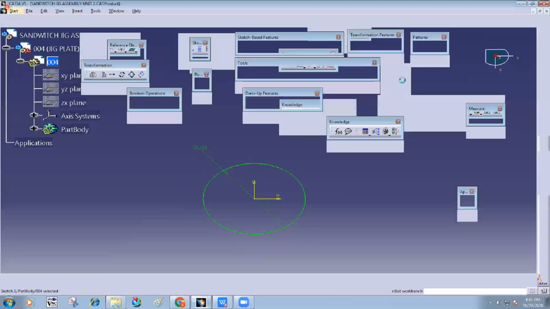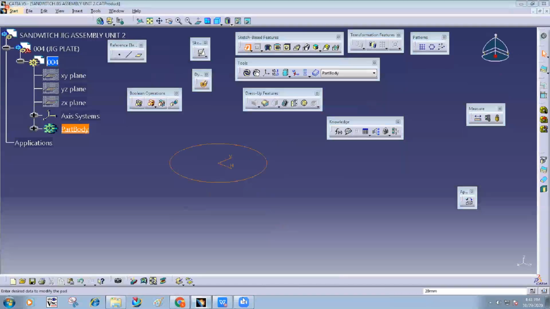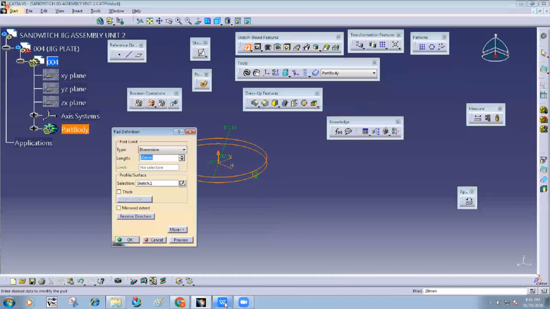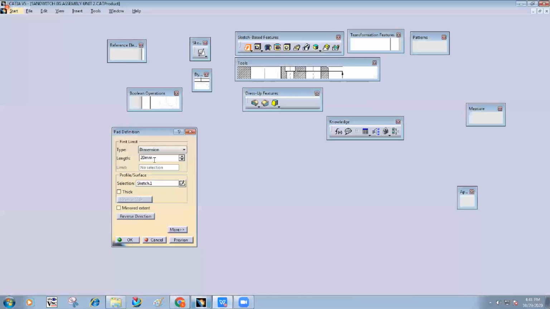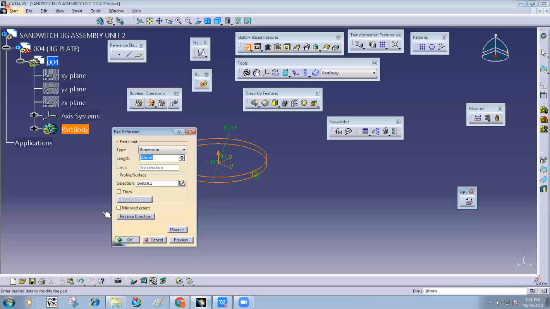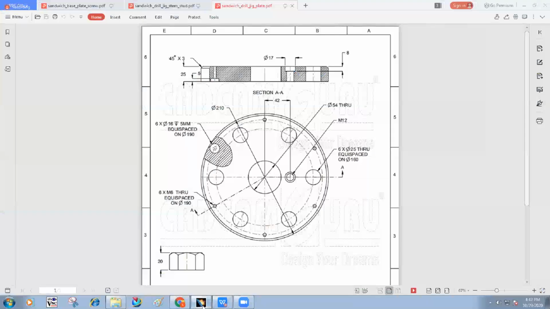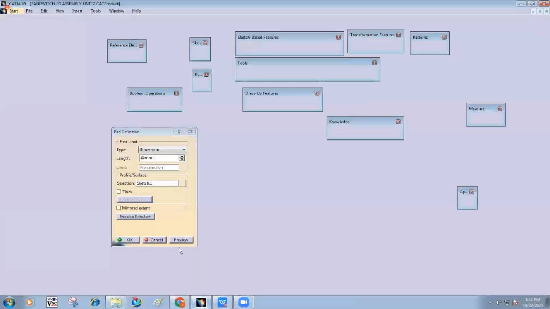Exit the sketch, add material. At what height? How much is it? 25. Correct? Is it 25 or not? Yes, sir, 25. Yes. Preview.